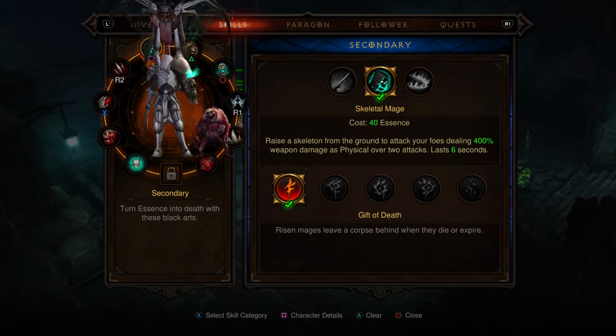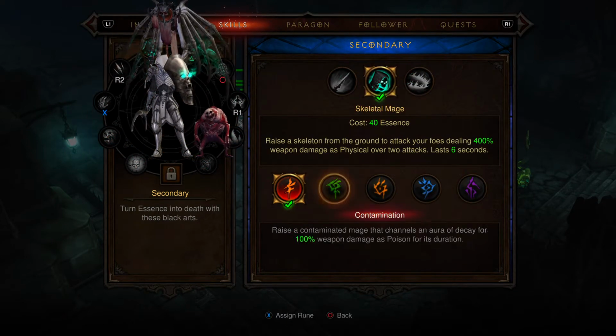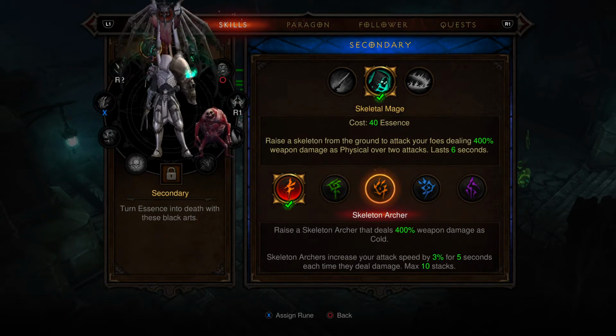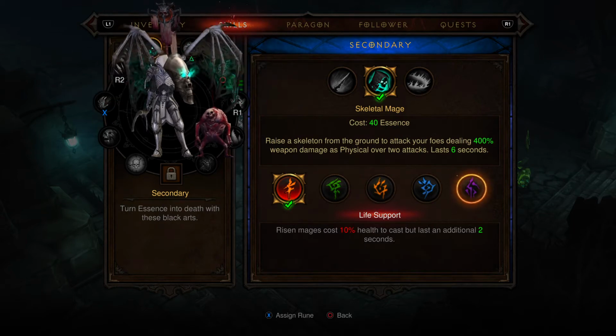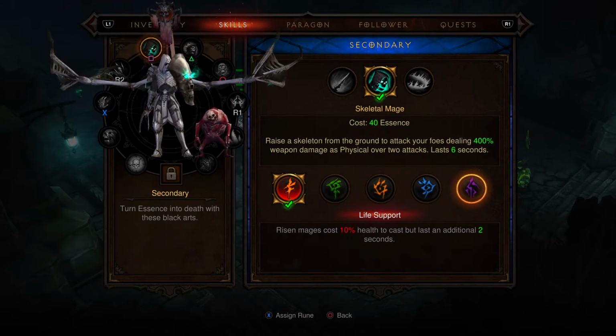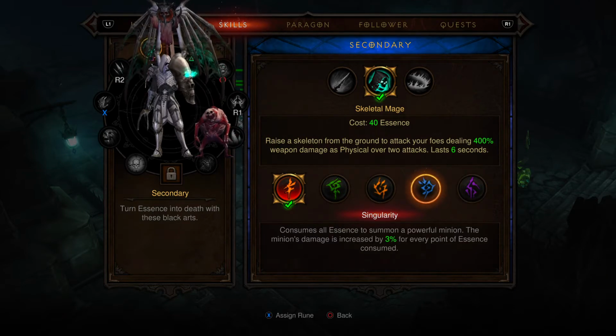And then also you can get some really good damage from your Skeletal Mage. Now, if you want to get a really strong one, these Skeletal Archers are not bad. They give you 400% weapon damage as cold. But this one here, Life Support, Risen Mages cost 10% health to cast, but last an additional 2... No, that's not the one. Sorry. Singularity, I think, is the one. Yeah, consumes all essence. It takes all of...